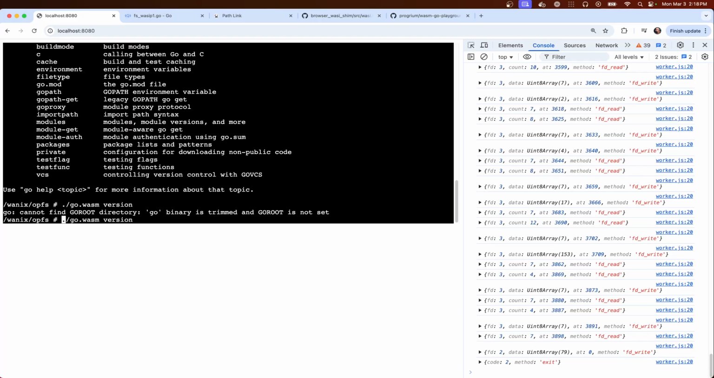So we can set those two things. They won't be valid Go roots, but we can set them. A lot of them might be directories that it's going to write to, so it's got to be OPFS since the root will not work. All right, and then also it doesn't